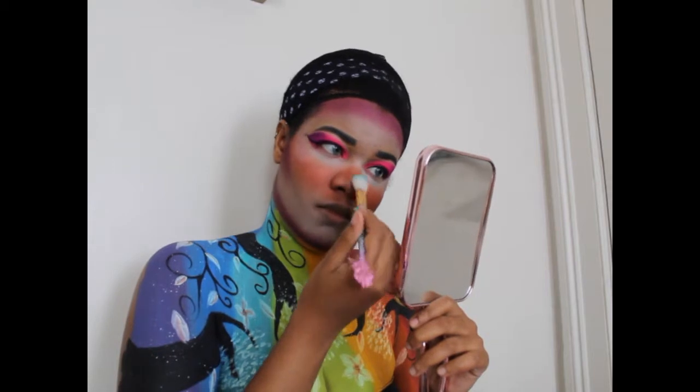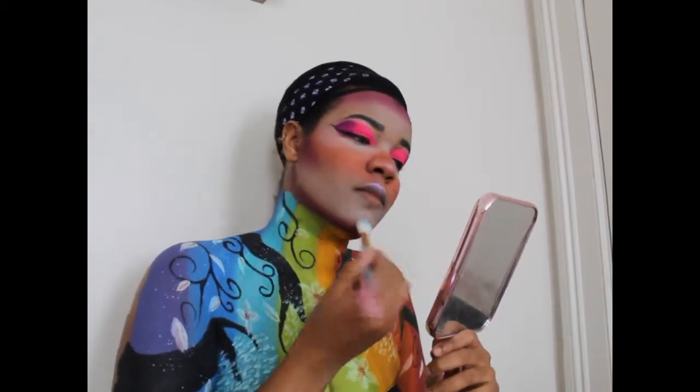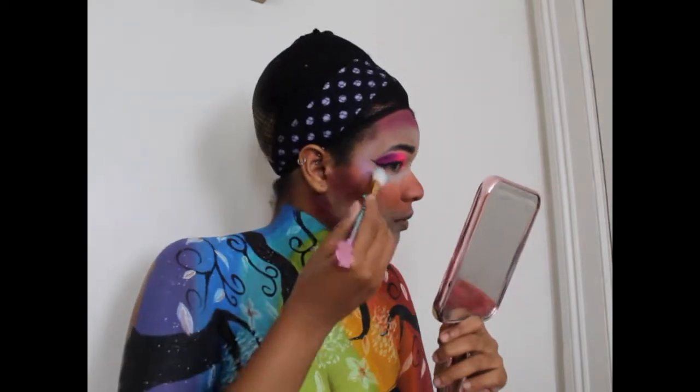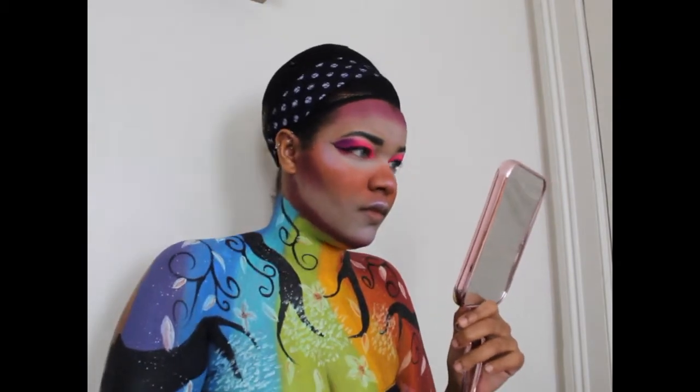I also went in with the Naked palette just to add a little bit more shimmer. I did put a little bit on my shoulders, but I didn't need much because I didn't want there to be a bunch of shiny nonsense on my chest and shoulders and you can't see it. So yeah,